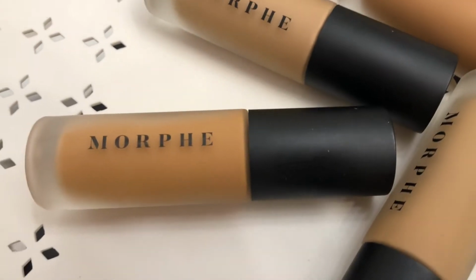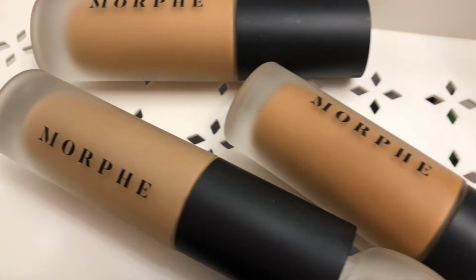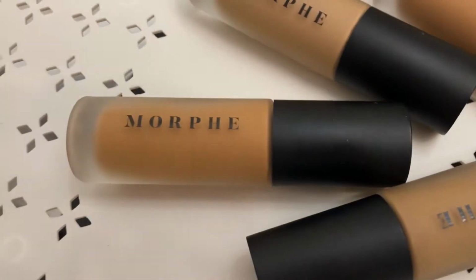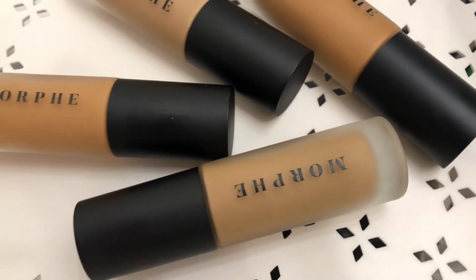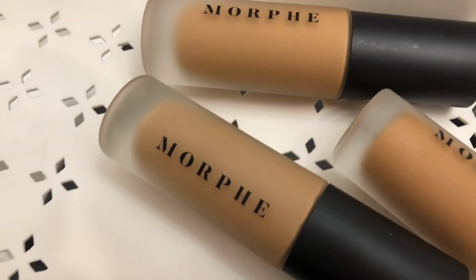So I wanted to come here today to show you and demo the Morphe Filter Effect Foundation. This is a new Morphe foundation launch. Makeup by Shayla was the base for this launch in collaboration with Danessa Myricks, who was the creative director, makeup artist, and photographer for that campaign. I wanted to really examine the medium deep